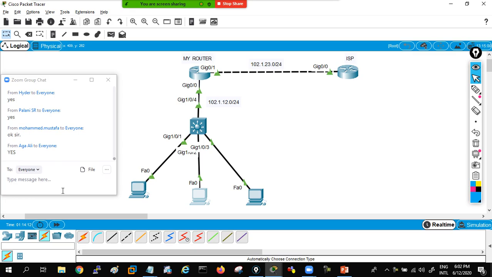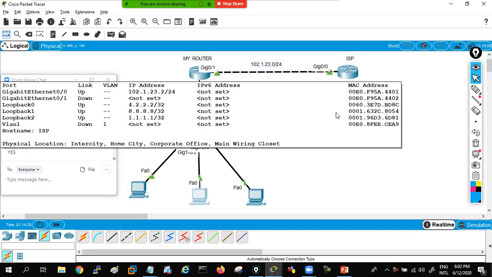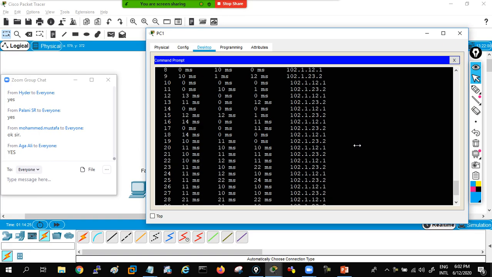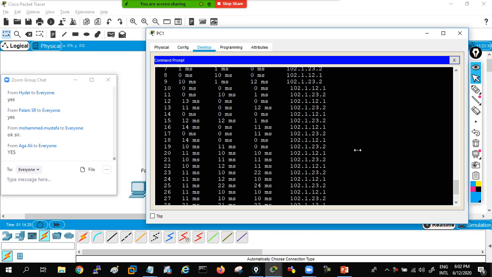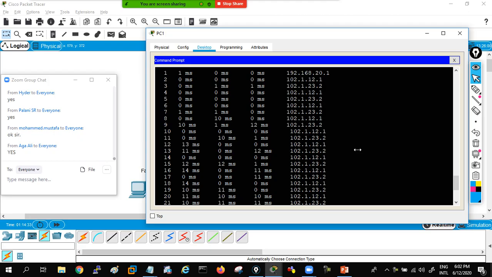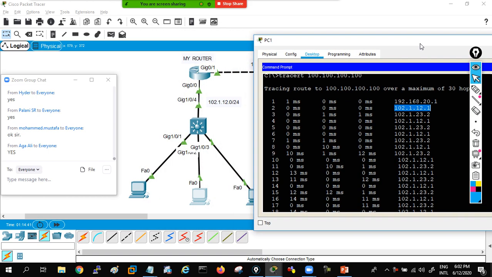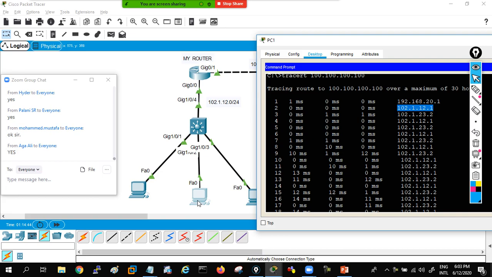Your trace would show 12.1 and 23.2, not 23.1. Palni, can you open the command prompt? The route shows 12.1, but you will see where it's initiated, Palni. Can you see there? Yes, from 20.1 it went to 12.1, right? Yes, the 12.1 and